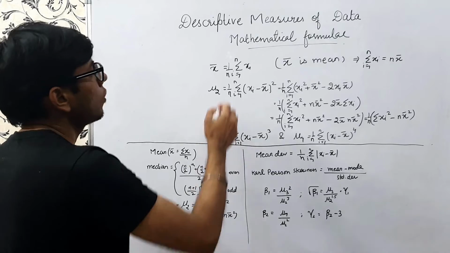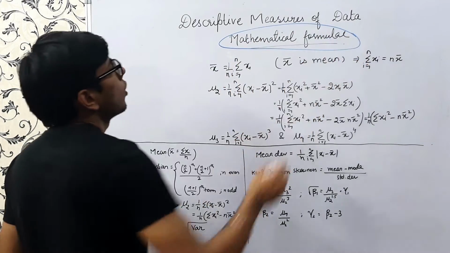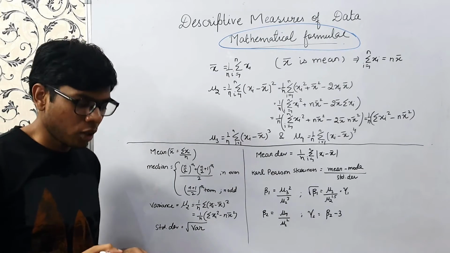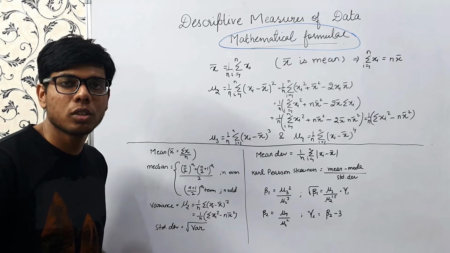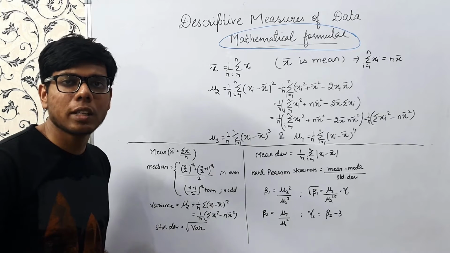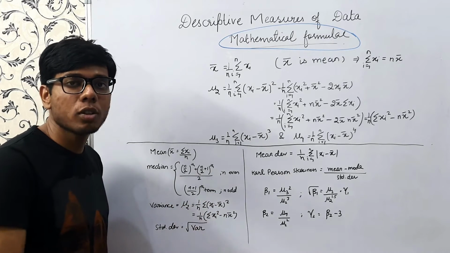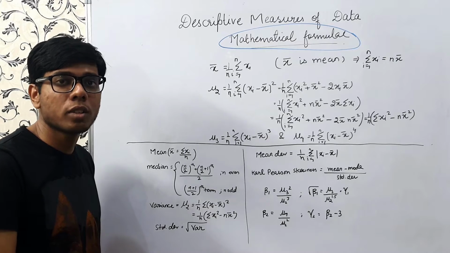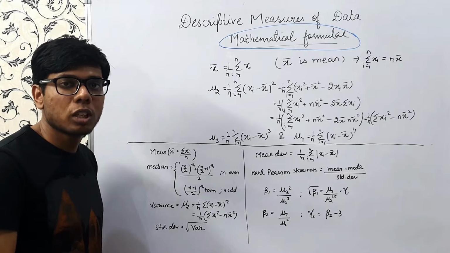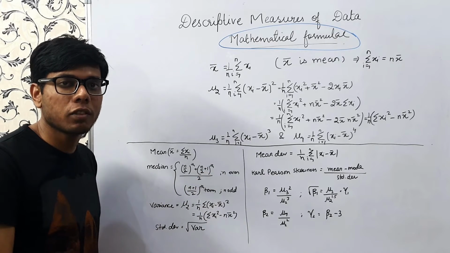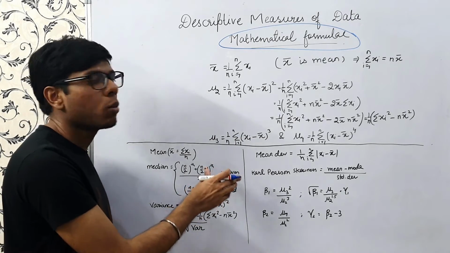In this video, we'll be learning different mathematical formulas for descriptive measures of data. So if you have not seen my videos for measures of central tendency, dispersion, skewness and kurtosis, please check out the links below and watch them before viewing these videos. Because I have explained all those concepts and understandings of these descriptive measures in those videos, and these are just the formulas to quantify those measures. So first get the conceptual understanding and then we'll understand the formulas.